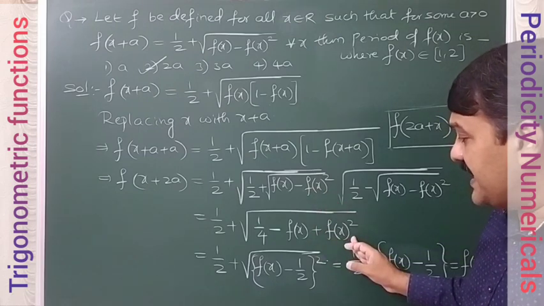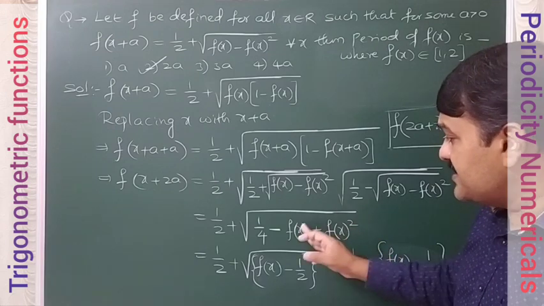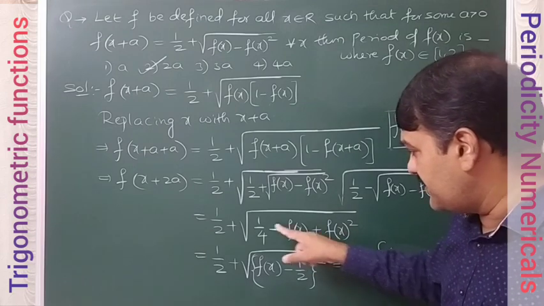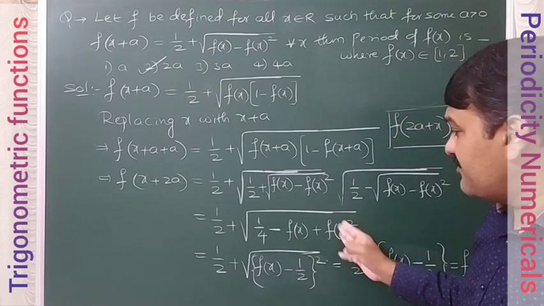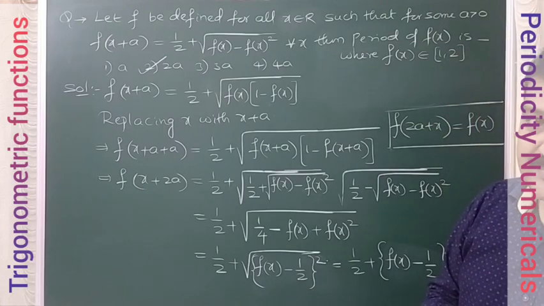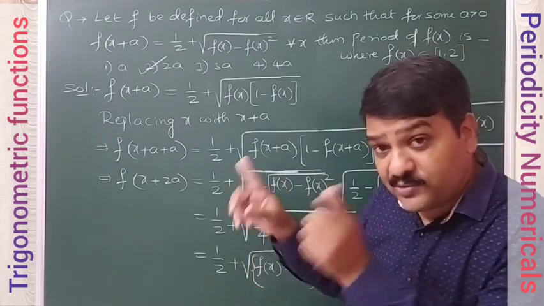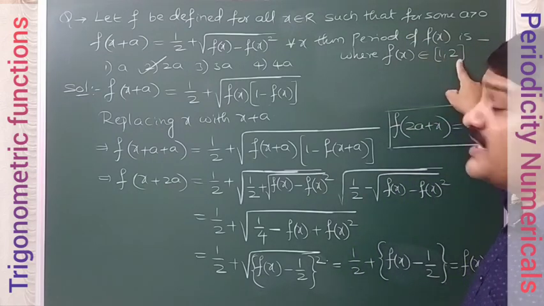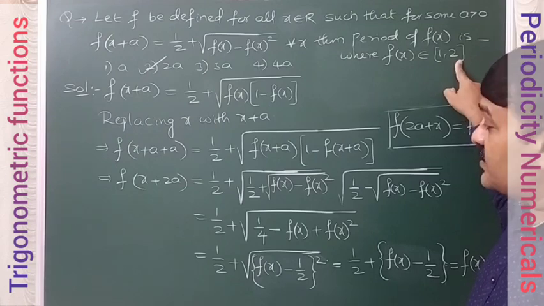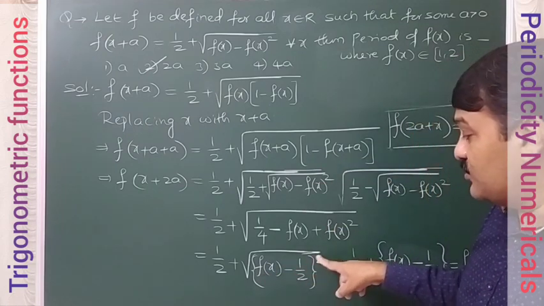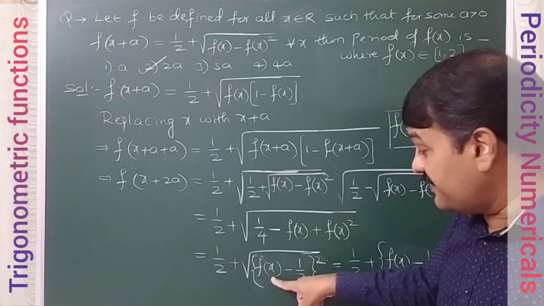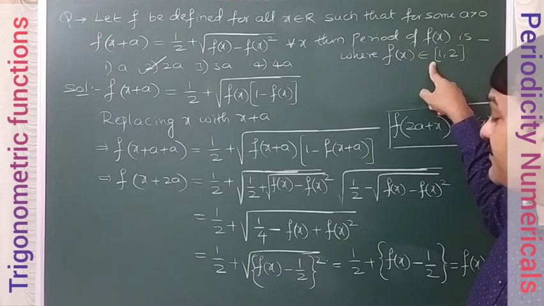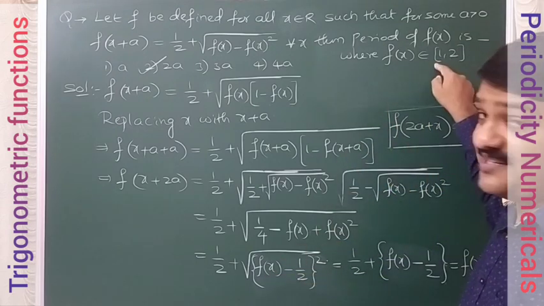Now clearly this is actually an a square minus 2ab plus b square model. So we can write this as (f of x minus 1 by 2) whole square. So we can write this as (1 by 2 minus f of x) whole square also. But f of x belongs to [1, 2], it is given. So if we write the (f of x minus 1 by 2) whole square model, this f of x minus 1 by 2 will be positive according to this information. F of x minus 1 by 2 will be positive.